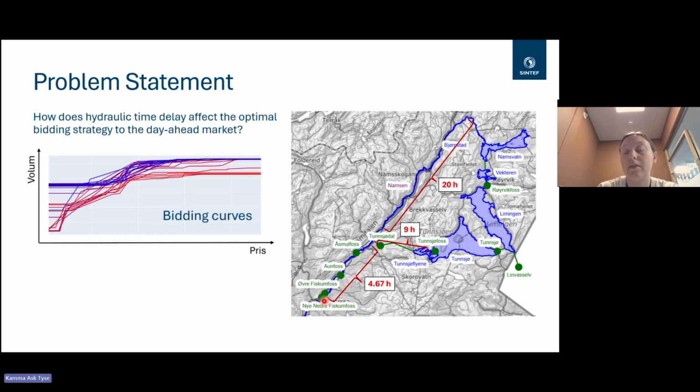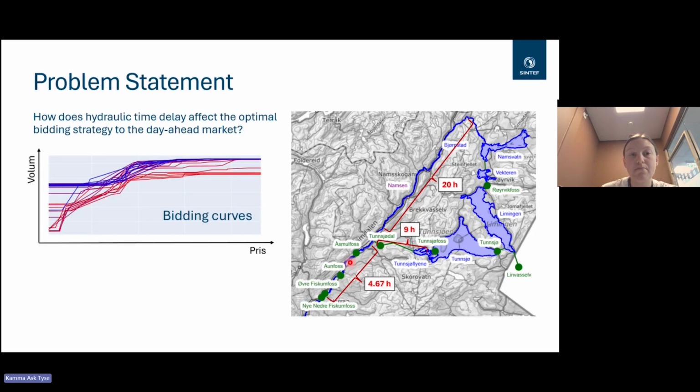So this means that the bid production volumes at one hour of the bidding day are directly linked to the bid production volume of another hour in the bidding day. Since the bidding curves are submitted independently, this may cause a problem. For example, if the expected bid that accounts for production in Nedre Fiskenfoss is not accepted, water will still be dispatched from Tysedal that can then not be used.